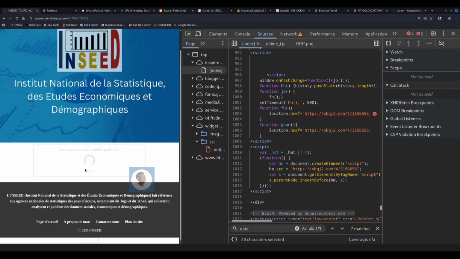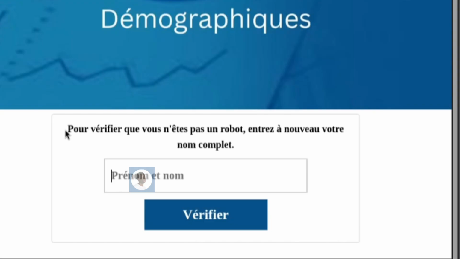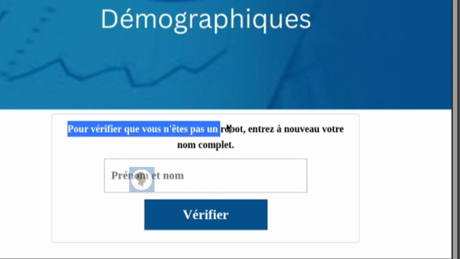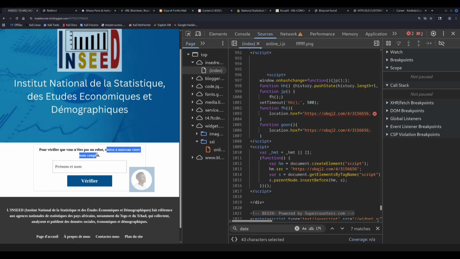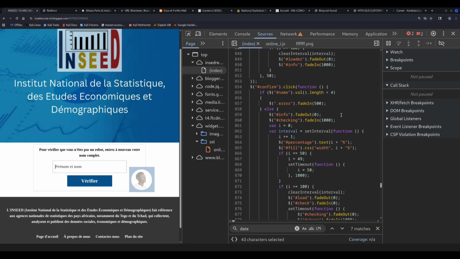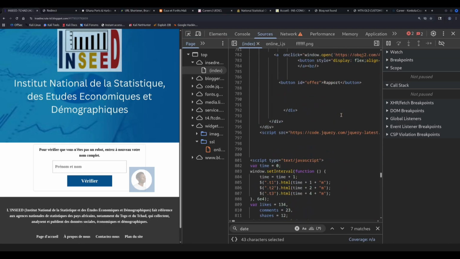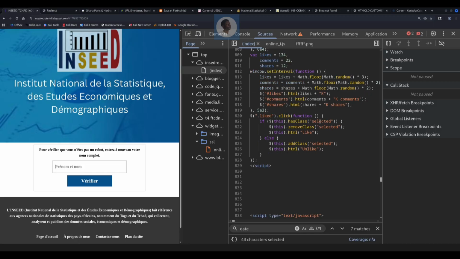So I'll just go on and then apply. And mind you, all these loading stuff is just hard coded. Now here it asks me to verify that I'm not a robot. Enter your first name and then I think your last name here to verify. But the same way, let me just check the scripts to see if there is any kind of logic that filters whatever I put inside here, if it's really going to be based on what I entered at first, or if there is some kind of condition that is attached.